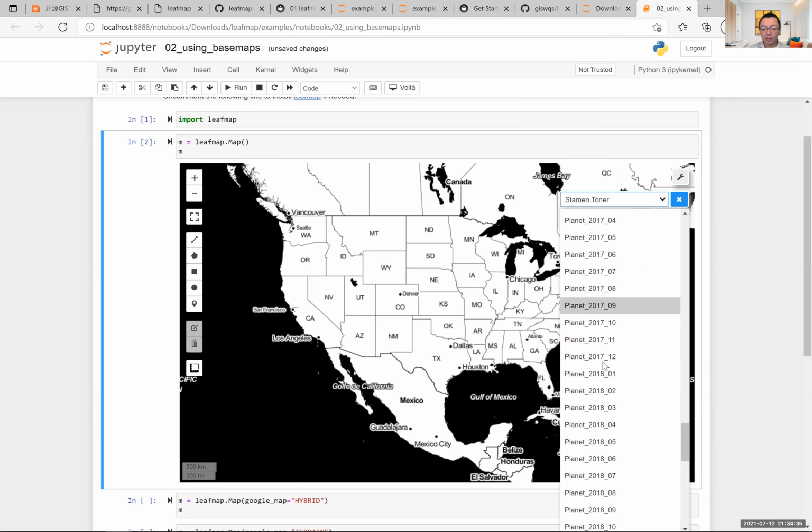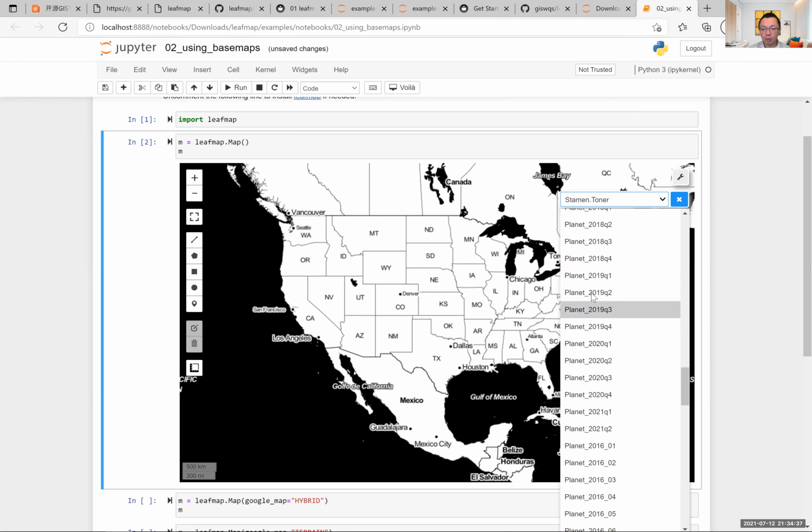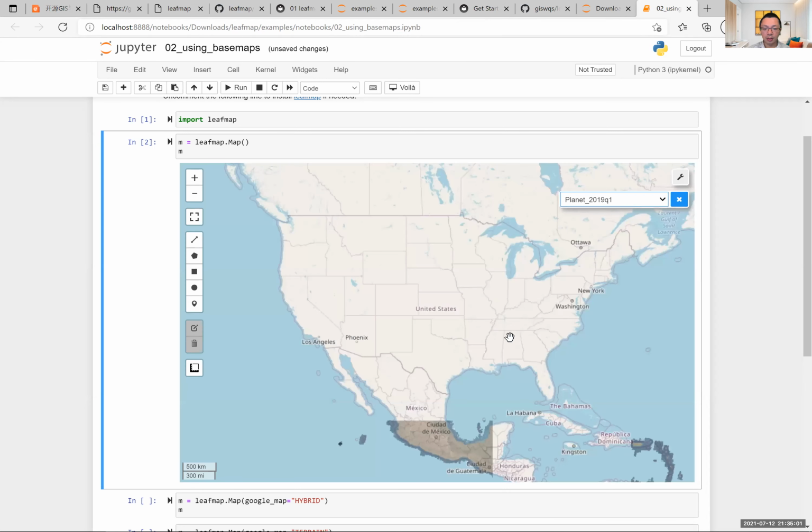You can also add your own Planet map. If you're running this on your local computer, you might not see this one yet because it depends on whether you have the API key or not. If you don't have it, you might not see it. But I'm going to show you later how to add the API key so that you can access the global Planet imagery, 3 to 5 meters at the global scale, monthly and also quarterly. But you can click any of those, right? So this is like